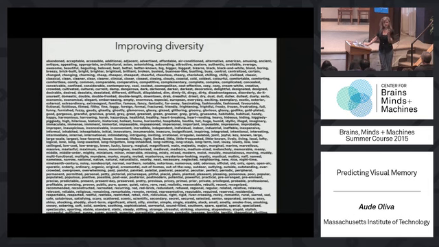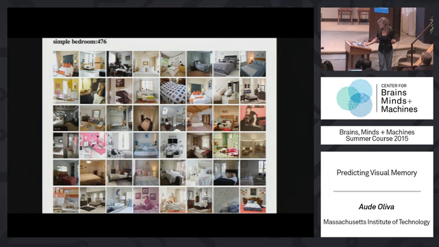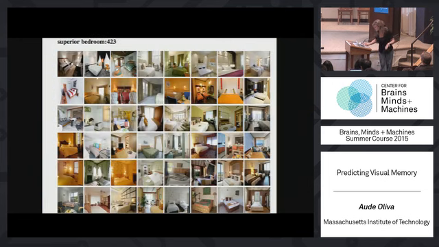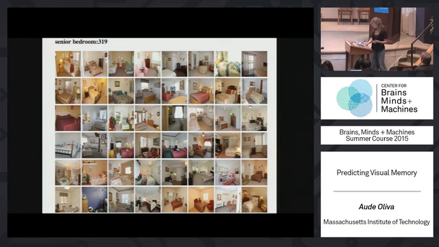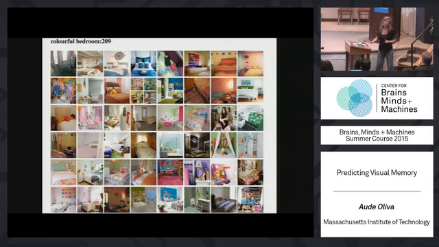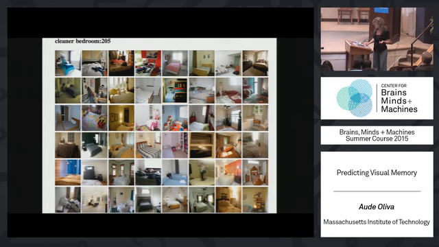So there are many types of adjectives that we can use in order to retrieve images that will give us a larger panorama of the type of concepts that are used by the human brain in order to recognize environments. So simple bedroom, where the tags were put automatically, superior bedroom, senior bedroom, colorful bedroom, hotel bedroom, and so on and so on. So that was the retrieval we did, which means that now for every category there's also a tag in terms of the subtype of environment this can be.